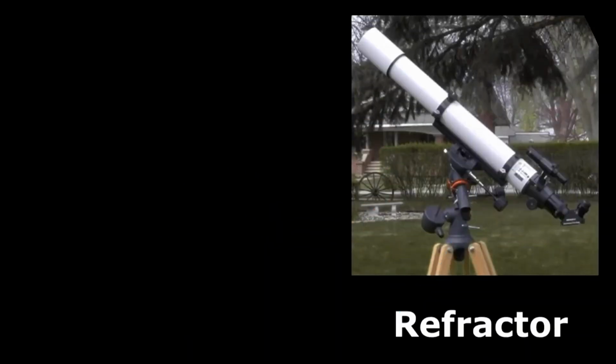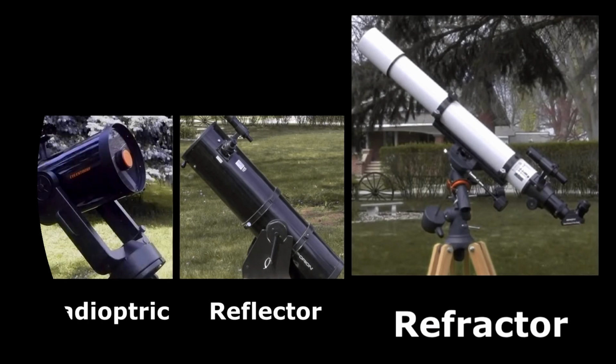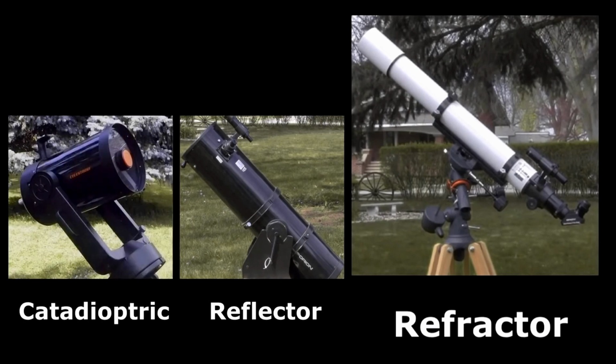So what comes in your mind when you hear the word telescope? Is this long tube what you refer to as a telescope? Well, you see, there are three types of telescopes: refractor type, reflector type, and catadioptric. All these telescopes have different advantages and disadvantages. Let's see one by one.